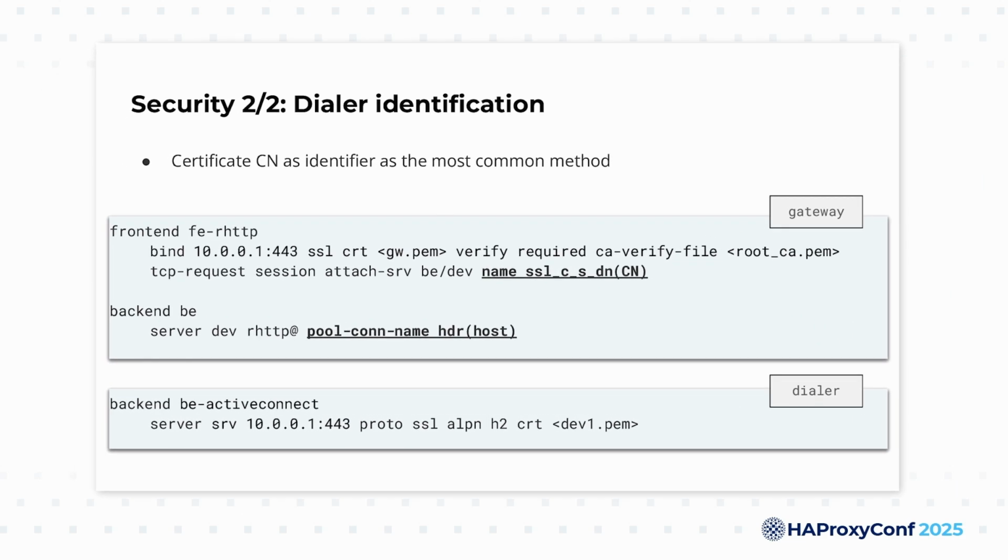You have to perform this in two steps. First, on the attached server rule, we now use the name parameter to specify how the connection will be associated with a parameter. So in the example here, each connection on reverse and inserted in the connection pool will be associated with the certificate common name presented by the dialer. In fact, the name parameter can use a variety of HAProxy fetches, so you can use the parameter you want.